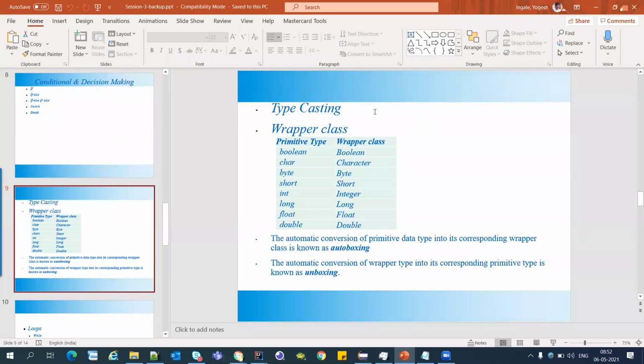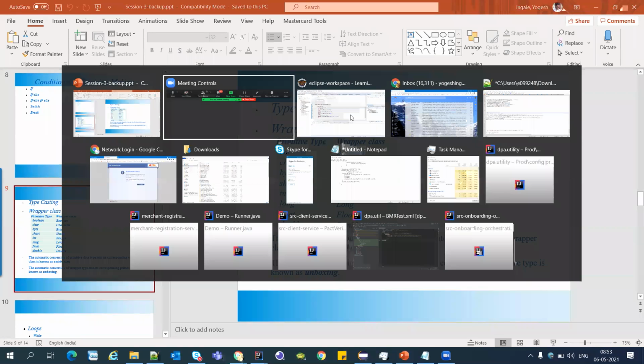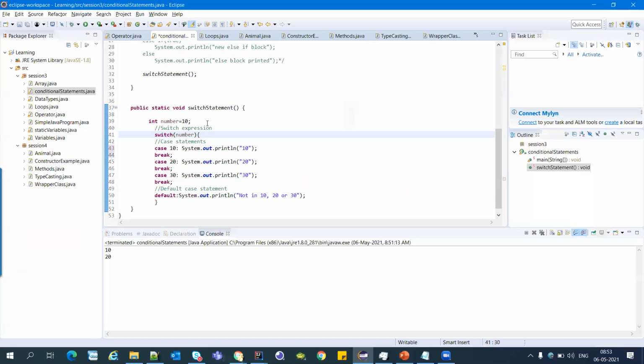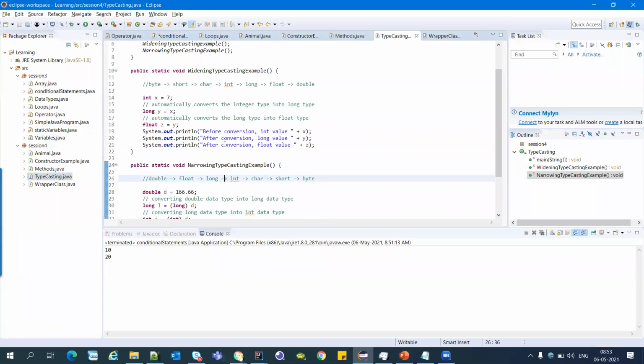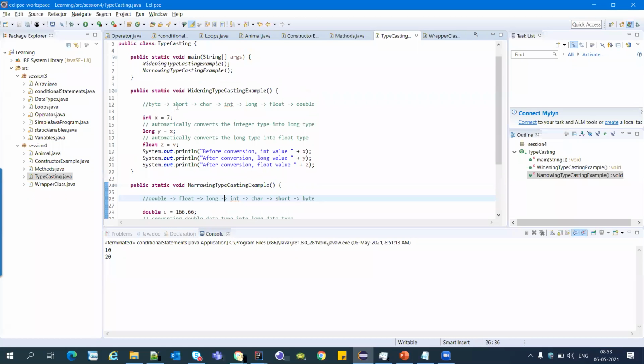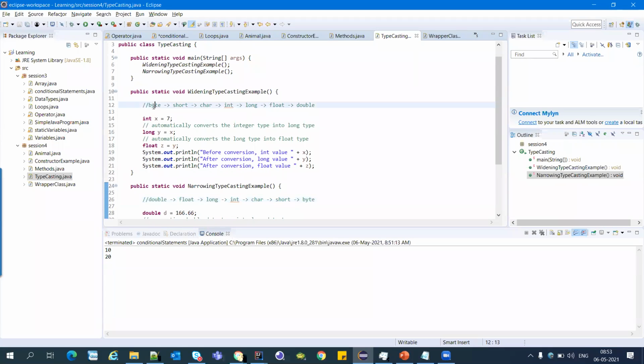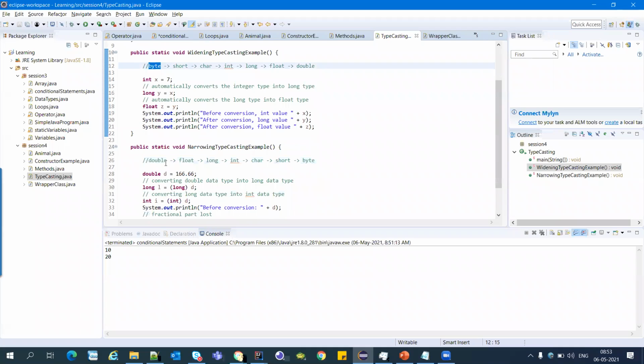So next is typecasting and wrapper class. We'll see the typecasting. When we promote a variable or a data type to another data type, we call it typecasting. Promoting means we are converting byte to short or byte to int, or we are converting double to long.